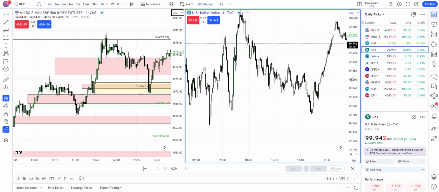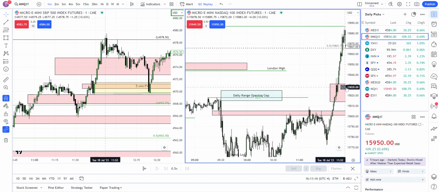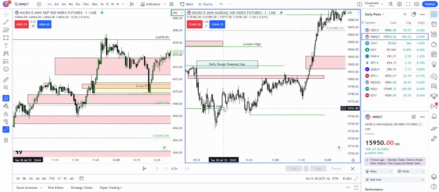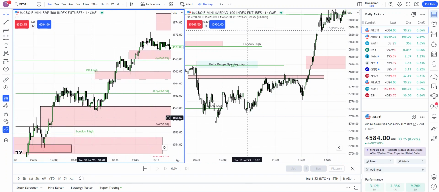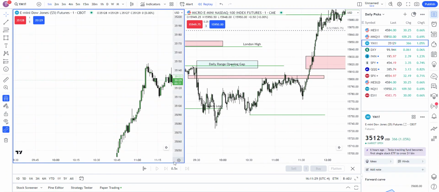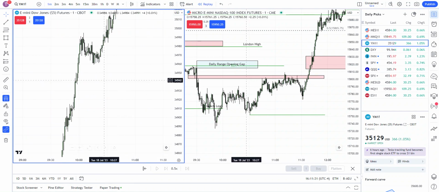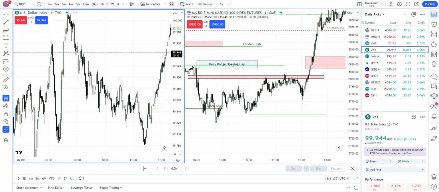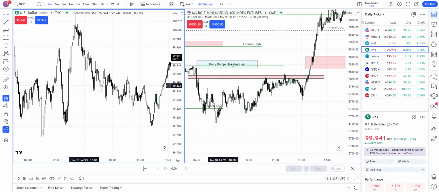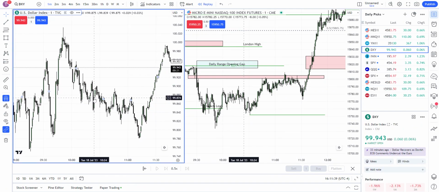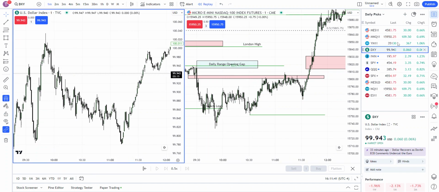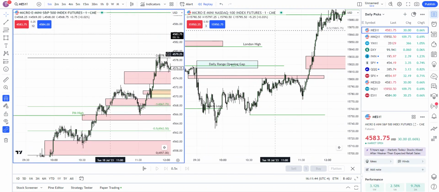So let's look at DXY around, what time was that entry on NQ? Right here, around 10 o'clock, right? So we look at 10 o'clock on all these indices. 10 o'clock, expansion up on MES, expansion up on MNQ. Let's look at YM, expansion up on YM at 10 o'clock. And let's look at DXY. Boom, expansion down on DXY. Ideal play right there. So anyway,